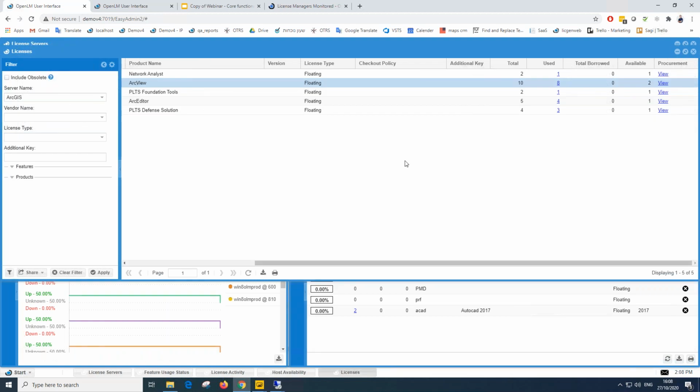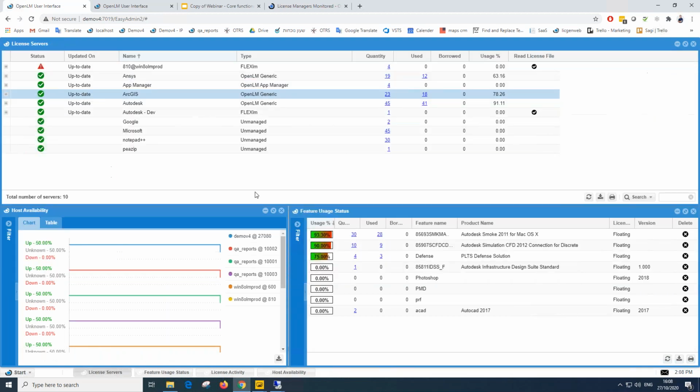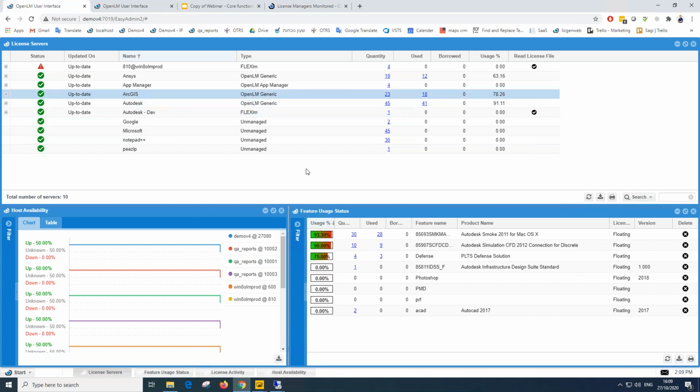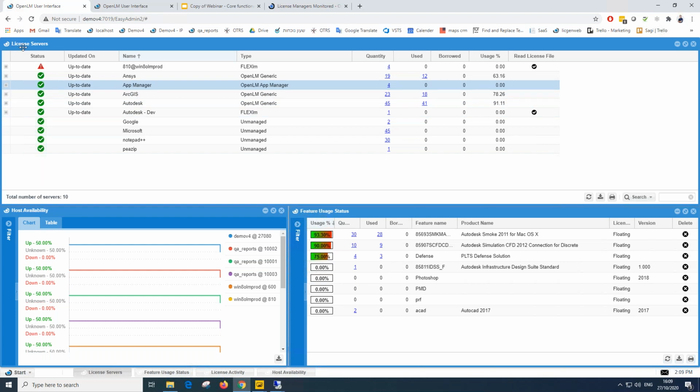But okay, let's jump back. Besides seeing exactly what's going on in our system currently, if it's a high-level license server view, or if it's a specific feature view. For example, I'm interested in Autodesk Smoke and I see it's almost fully utilized, meaning that pretty soon maybe I'll have end users calling me up saying, hey, I can't get a license. So you can open it up and you see exactly why. Now besides that,